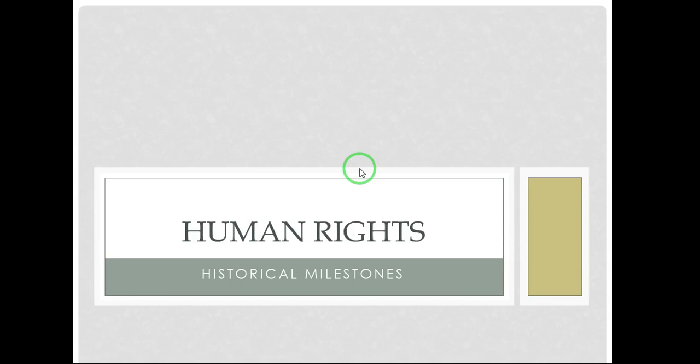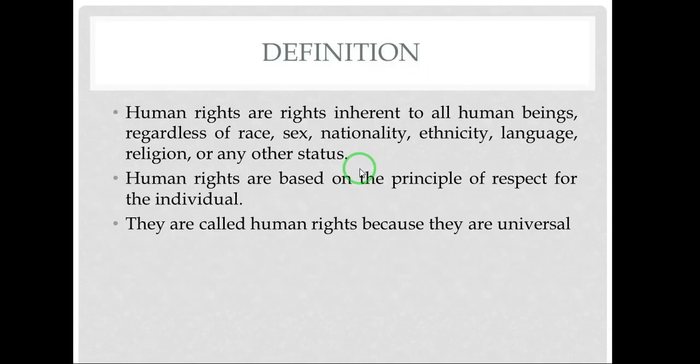Today we will discuss some of the historical milestones related to human rights. Basically, human rights are those freedoms which are guaranteed to a particular person just because he or she is a human. So, human rights are rights which are entitled to all human beings